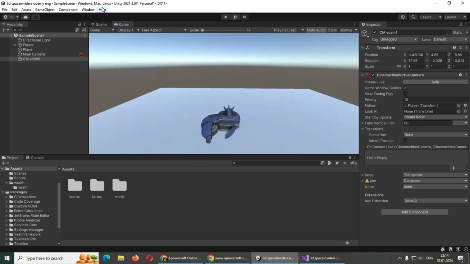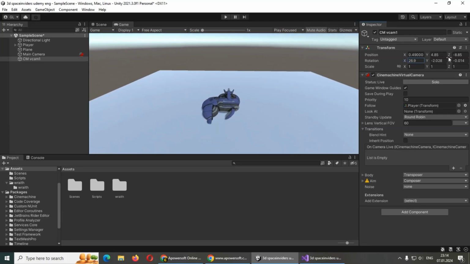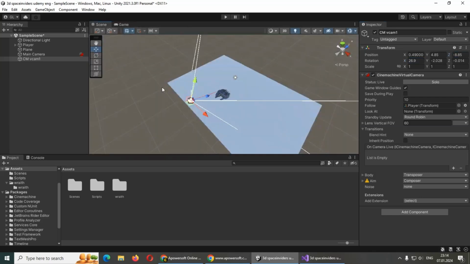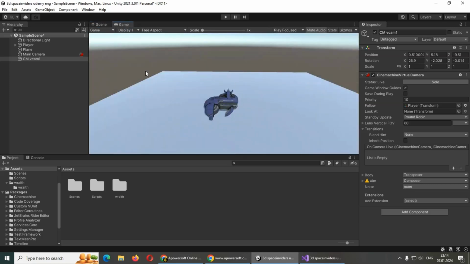We can take it a little bit up and rotate it a little bit, like so. We can also take it a little bit back, and I think